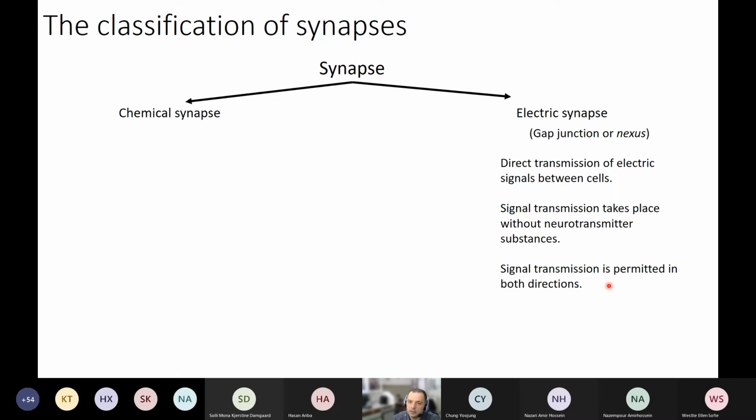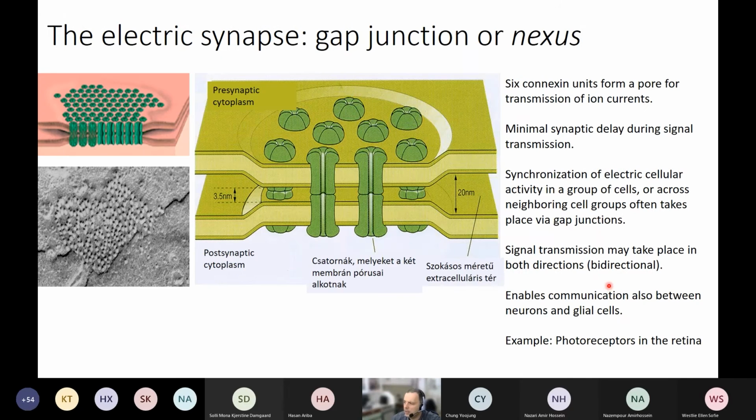So if two cells communicate with each other, they will bidirectionally eventually communicate with each other. What do electric synapses look like? Similar figures you can find in any histology books. You have two cell membranes close to each other, and you have a distance between the cells, an intercellular space